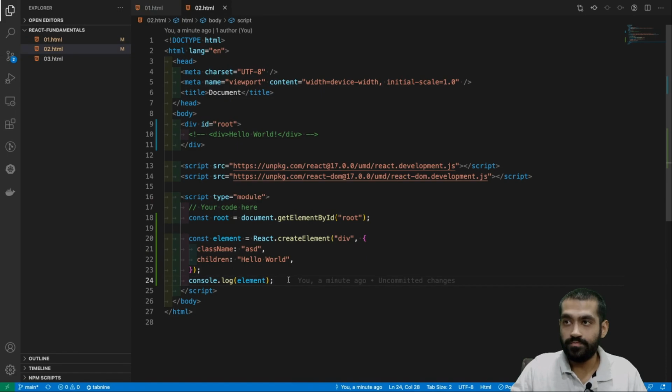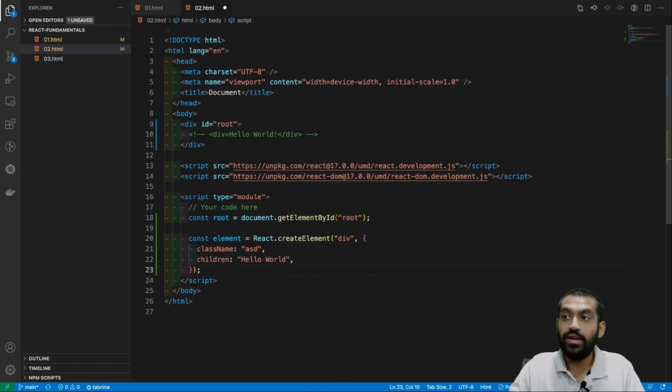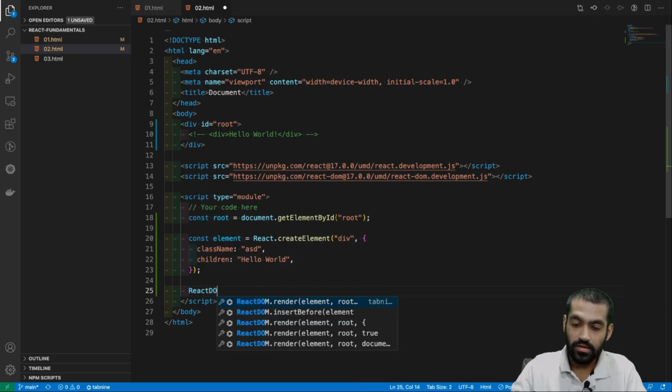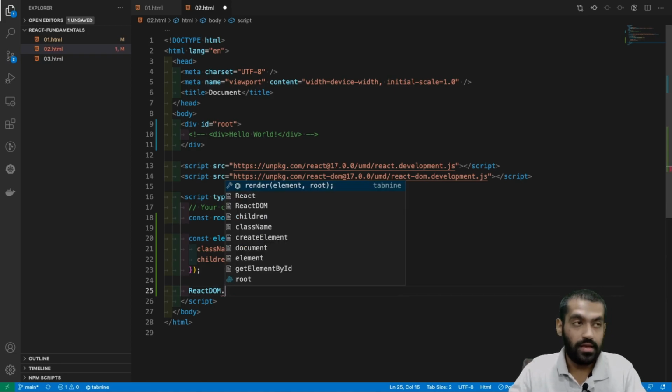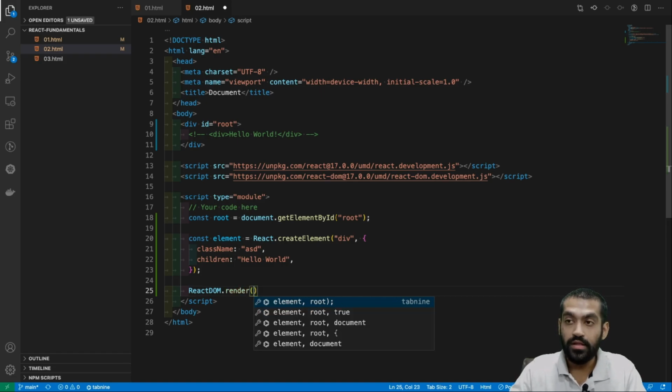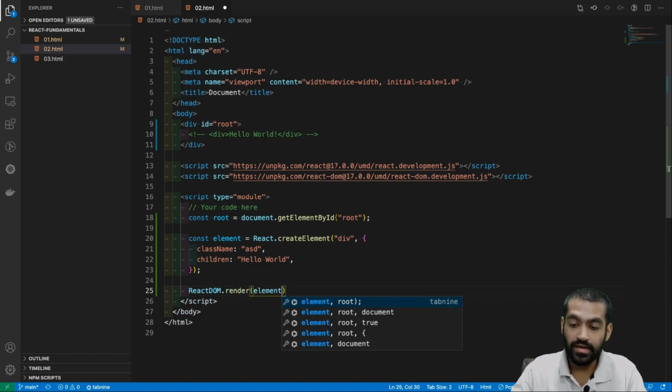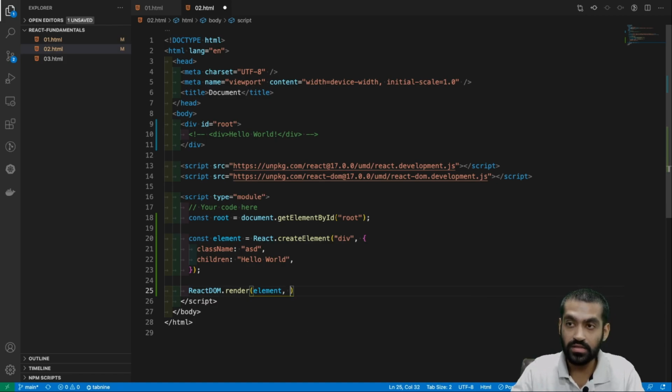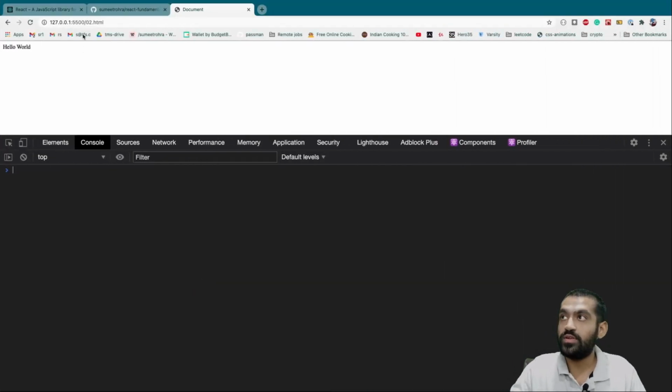But now how do we give this element to our body root, to our root element here? How do we do that? In order to do that, we use this library called React DOM. Now React DOM gives us something called ReactDOM in the global object, and here what we do is we use the method ReactDOM.render. First thing that we pass is the React element, and the second thing that we pass is our root. Okay, let's just see what happens once we do this. And yeah, we see a hello world here.